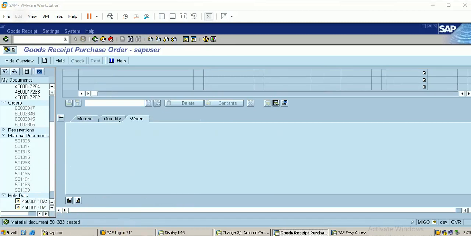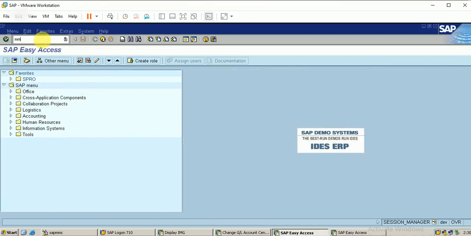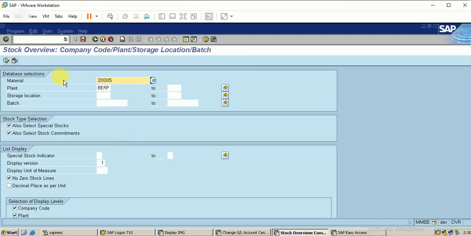It is compiling. So you can see that the material document was posted. We have posted the goods receipt successfully. So let me display it. Just click on goods receipts. Okay, let me exit. Let me check whether the stock is updated. The T code is MMBE. Click on enter. So execute it.